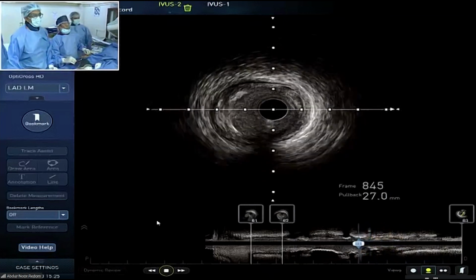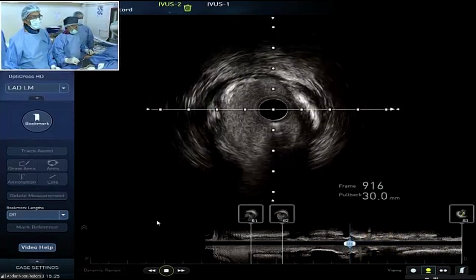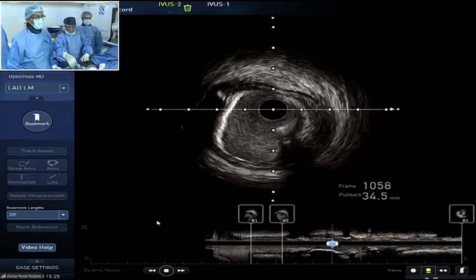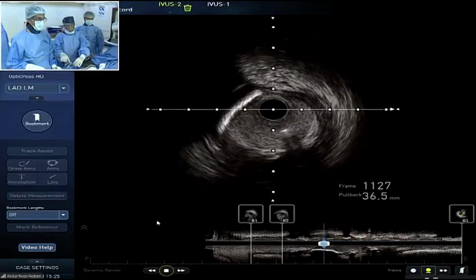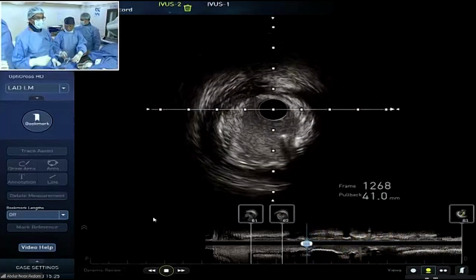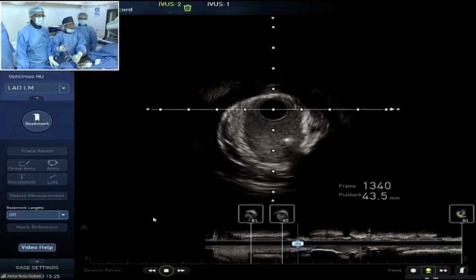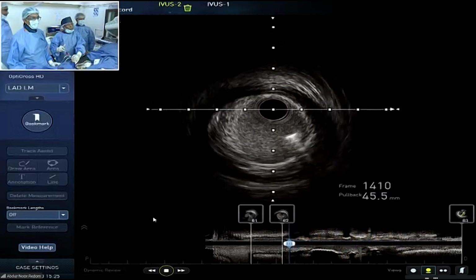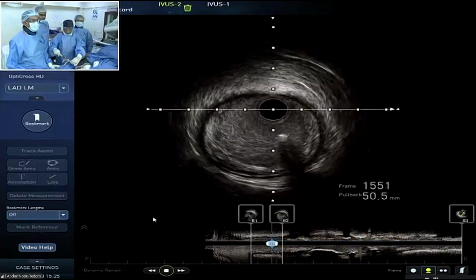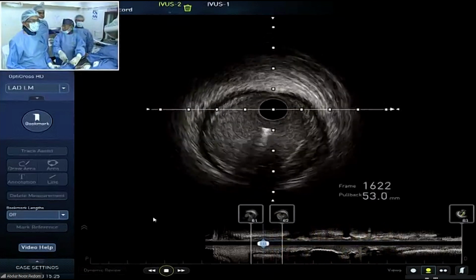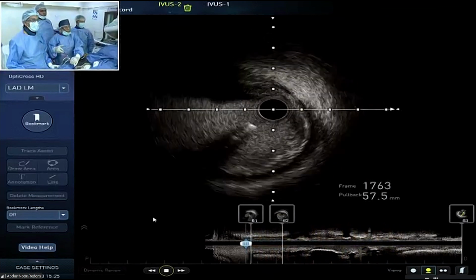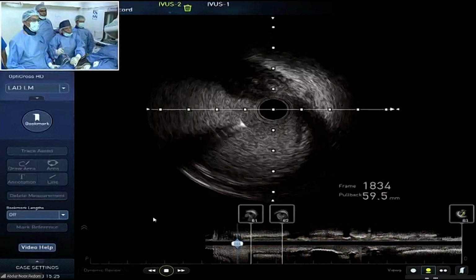So for balloon uncrossable lesions, what attempts have been made, for example with the 1.5 balloon? If there is angiographic calcification, then you can immediately attempt to do a rotor straight away. But on this angio, as you can see, there's not much calcium visible. There's no tram track appearance of calcium on either side of the vessel. So we decided to see whether we are supporting the blood pressure, which is a little bit on the lower side right now. But we thought we could cross with the 1.5.